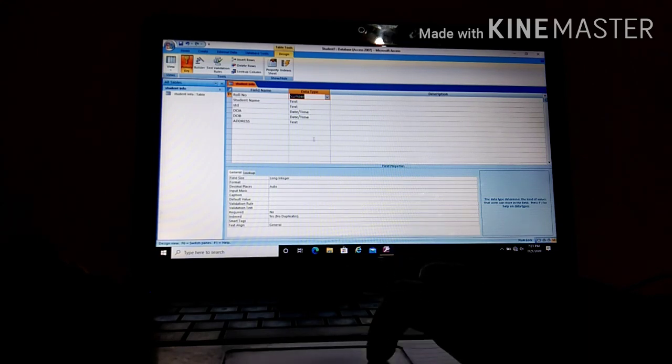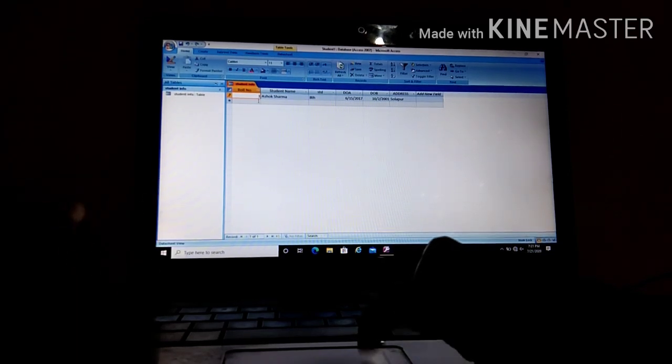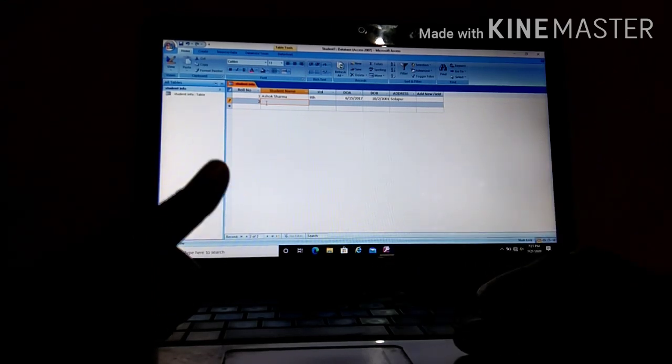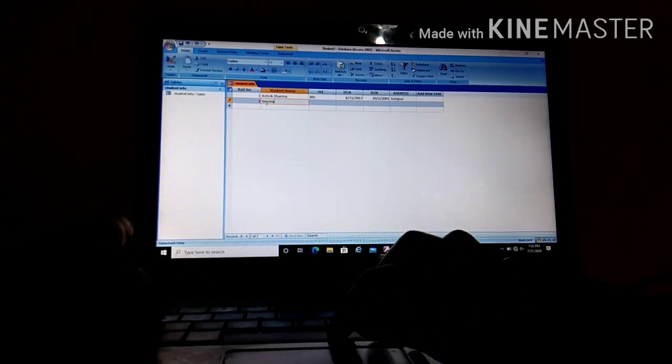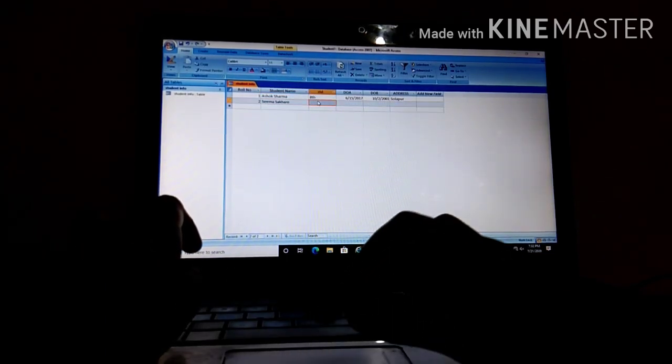Okay, these are the changes we made to our table. So what we are going to do, we are going to save the changes whatever we have done. How to do that? Here we have the save option, click on it and then again change the view. See, if I want to change the number 1, 2, and here I will type one more record I am going to add here. Now I will add one more fake record, standard.